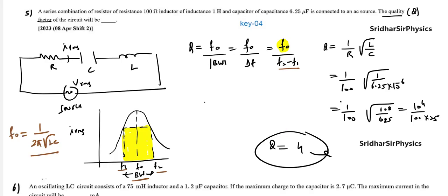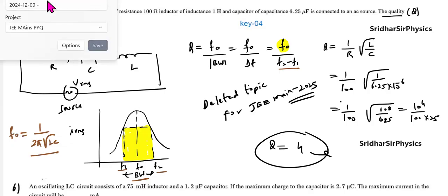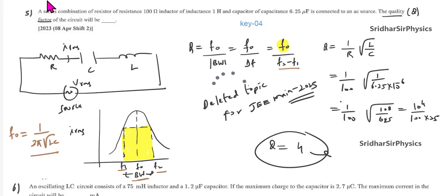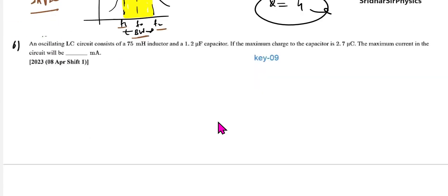So this is a deleted syllabus topic. Quality factor is not there, a deleted topic for JEE Main 2025. Finish, okay? So no need to bother. There's no need to do any experiment, just say goodbye to this topic. It will come in series resonance. Okay, next we'll take